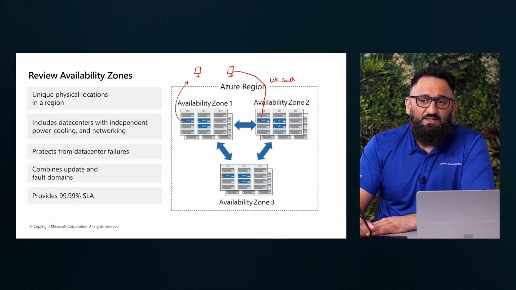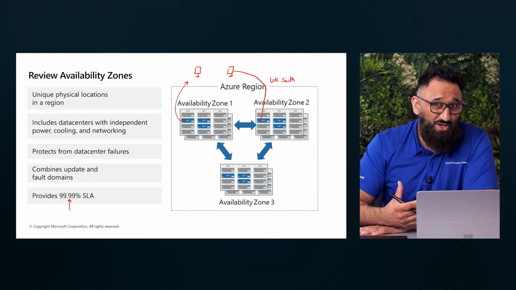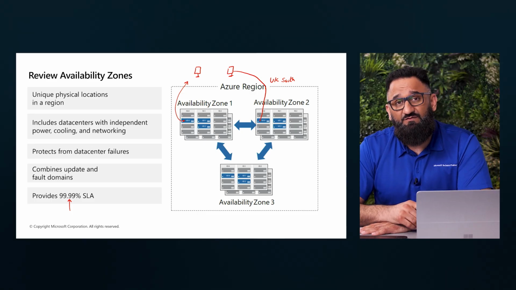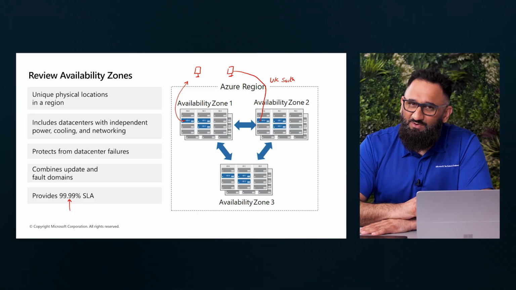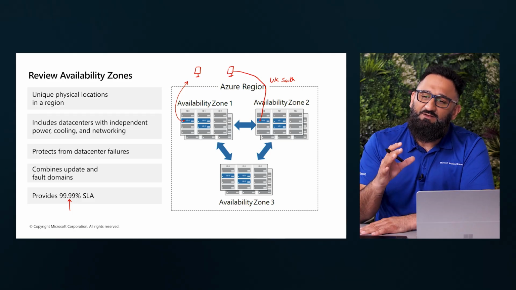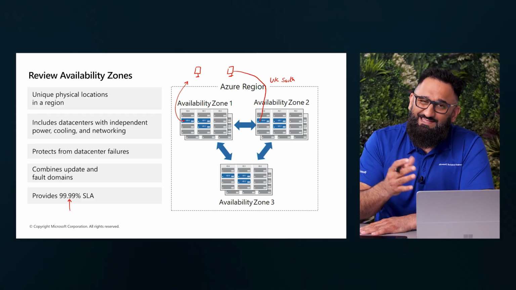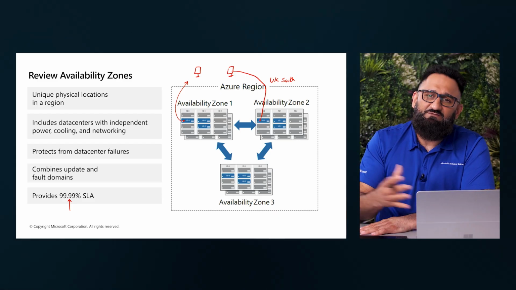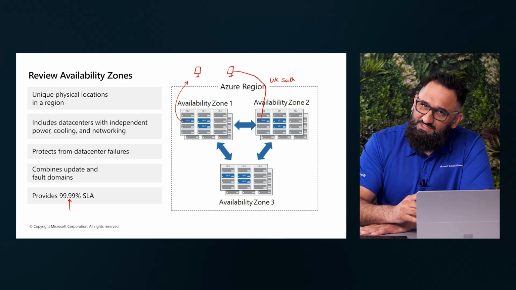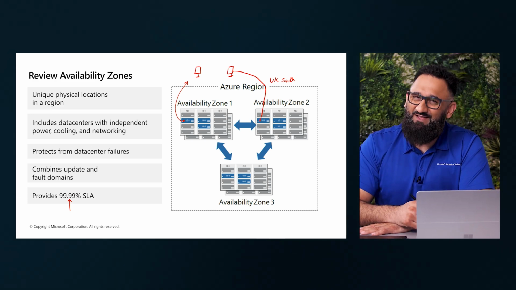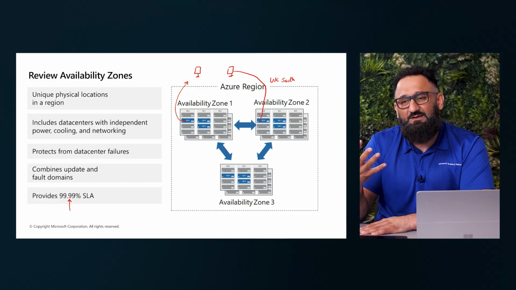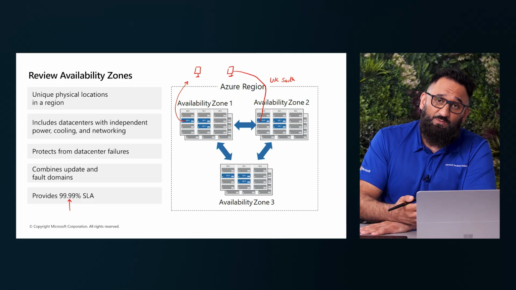As you can see on the screen, now this brings my availability to 99.99 as compared to availability sets, which gives me 99.95. Like I said, roughly if you're working on hours per month, 99.95 is roughly 21 minutes and a few seconds, whereas this brings it even down to 4 minutes and 2 seconds roughly. Again, please do the maths and work out the number of hours in terms of downtime. This might be important for your services that you're working on.